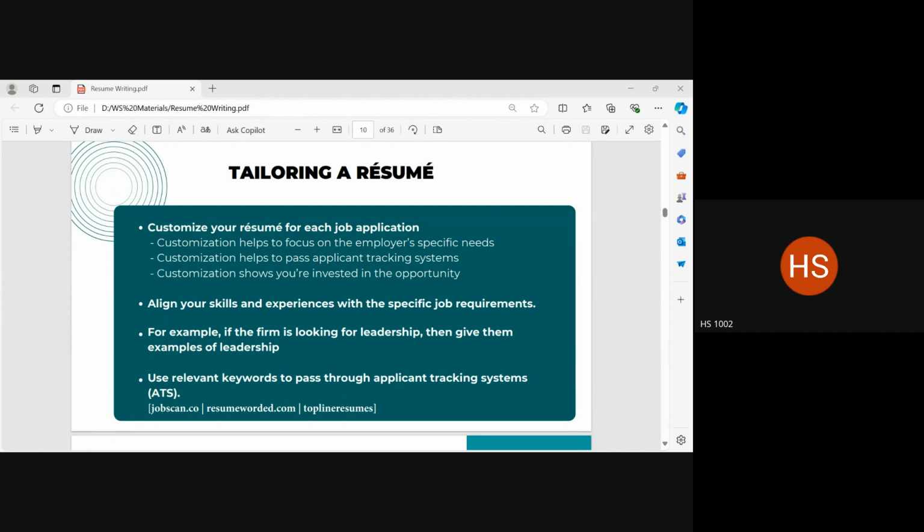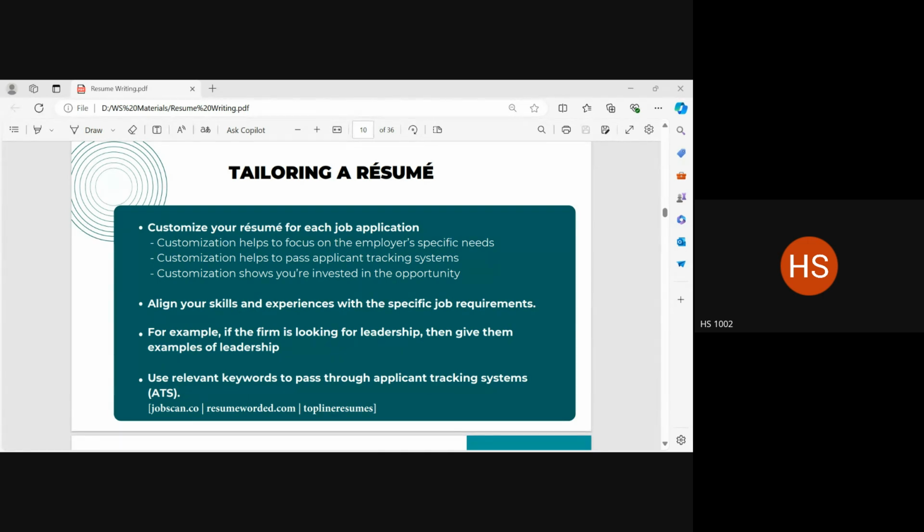Customizing your resume according to a job description shows that you are very intent on getting this job. You're not just blindly sending out resumes here, there, and everywhere. Okay? You know what job you're applying to. You know what this job requires of you. And you are showing your employer all the qualities that your job needs from me. I possess all of those. So, in a way, it reveals to your employer that you really want this job. You're highly motivated and invested.